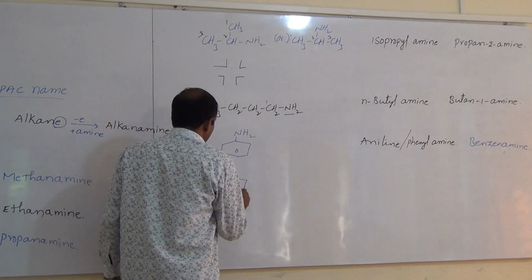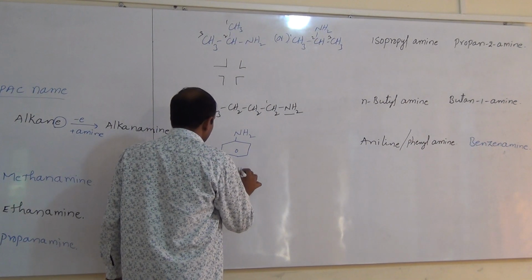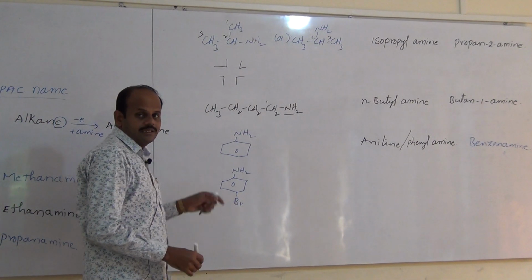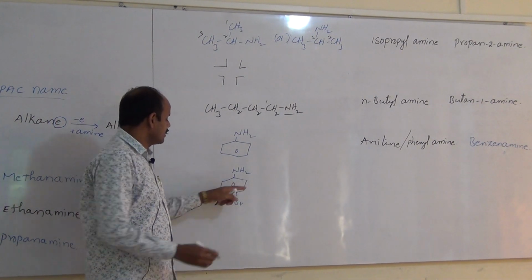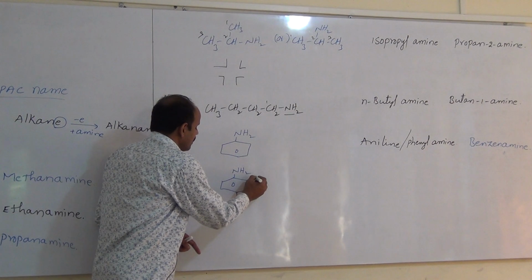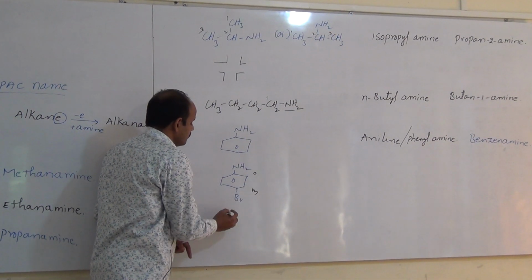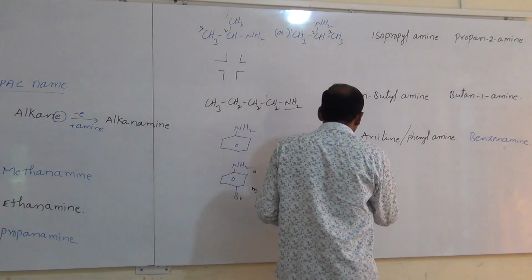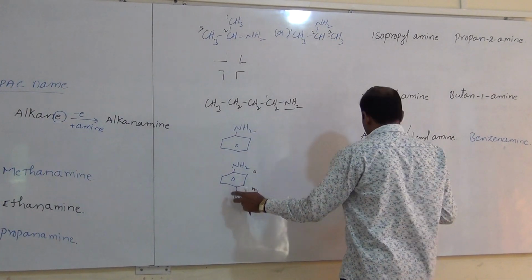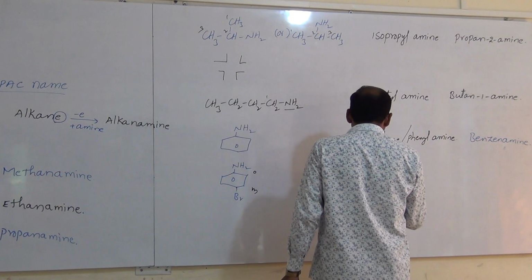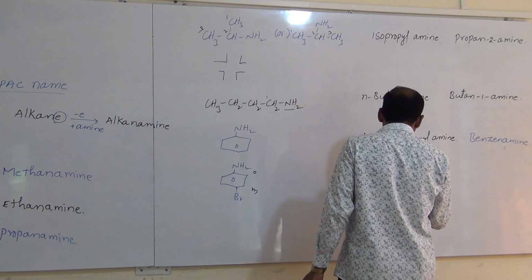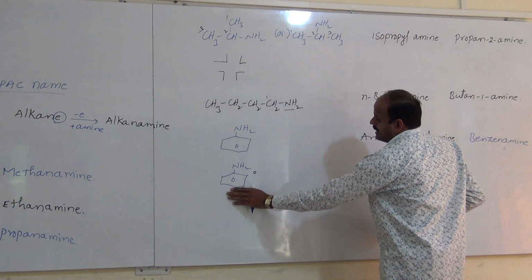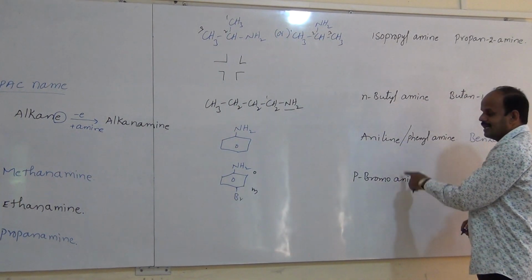Similarly here, if you take this one NH2, here Br is there. Then in a common system you can use ortho. This position is called ortho, this position is called meta, this is the para position. Thus bromine is at para position, so para bromo. Then if it is not there, then what is the name of that one? Aniline. Thus para bromo aniline is the common name.